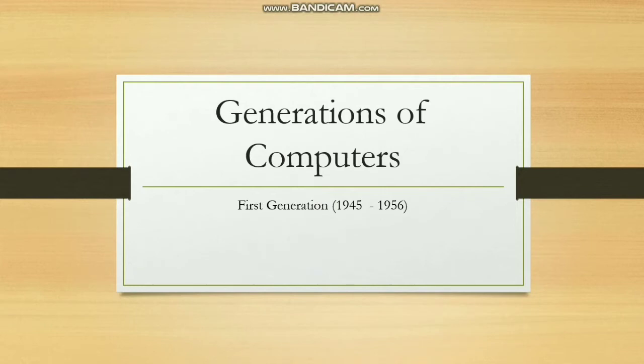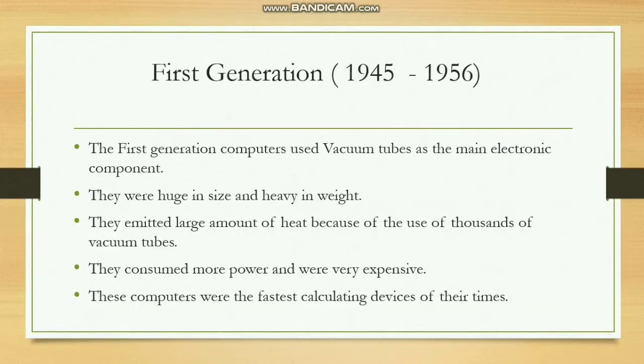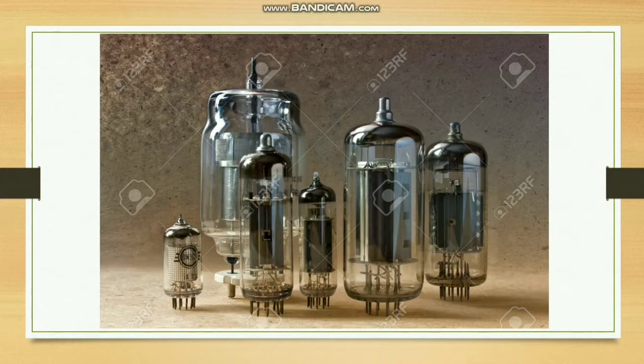The computers made till 1956 were known as first generation. The first generation computers used vacuum tubes as the main electronic component. We are going to see what is a vacuum tube. These are vacuum tubes. They were big in size and